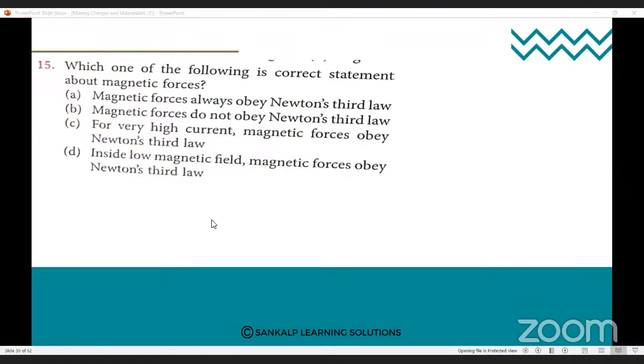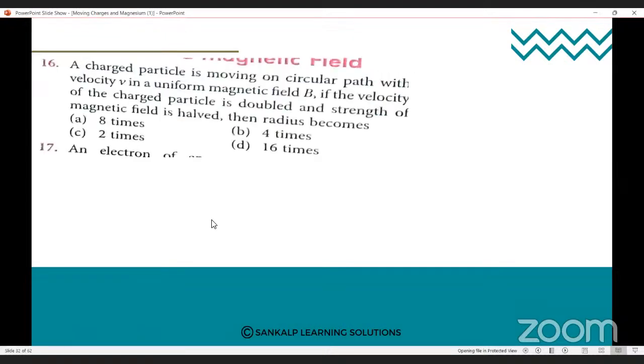So going for the next question. Question number 16. A charged particle is moving on a circular path with velocity v in a uniform magnetic field B. If the velocity of the charged particle is doubled